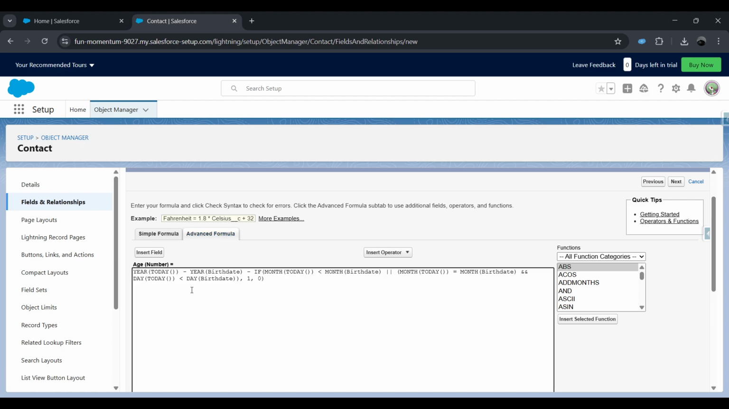YEAR(TODAY()) - YEAR(Birthdate) - IF(MONTH(TODAY()) < MONTH(Birthdate) || (MONTH(TODAY()) = MONTH(Birthdate) && DAY(TODAY()) < DAY(Birthdate)), 1, 0)